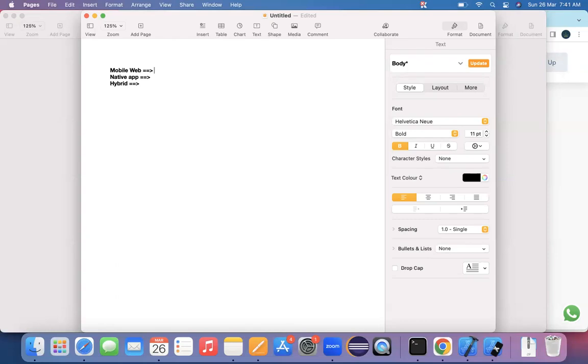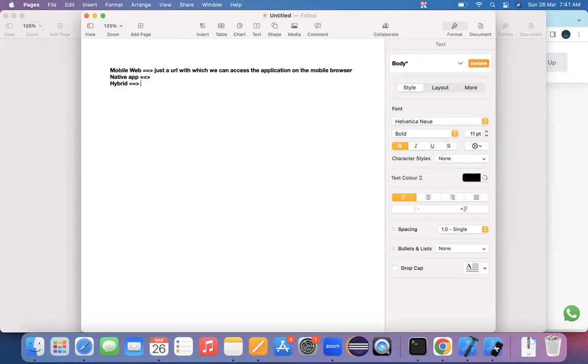So basically, the regular websites, whichever we are opening on a mobile browser, we call them a web application. The ultimate point here for these web applications is you don't have any real application, just a URL with which we can access the application on the mobile browser, which we call a mobile web application. Then what is a native application and what is a hybrid application?